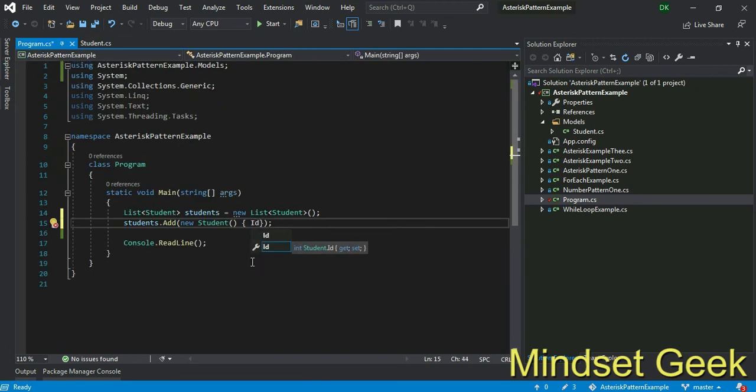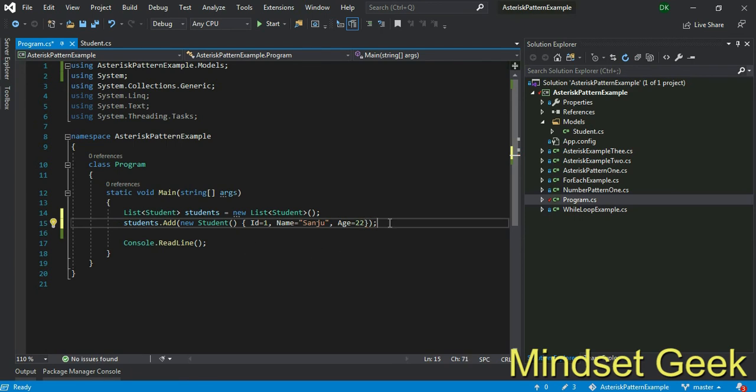ID equals 1, right? That is an integer. Name is a string. Name must be a string. Then age, right? Age is an integer, 22, right?